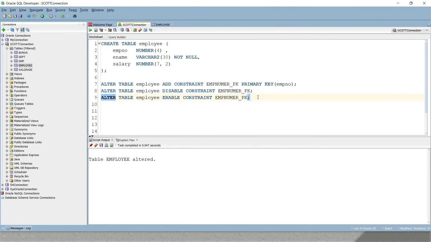If you want to delete any constraint, not only a primary key, then you have the command ALTER TABLE, the table name, then DROP PRIMARY KEY, and the existing primary key you can drop. So guys, I have covered almost everything regarding the primary key. Apart from that, there is a key point: if you create a primary key on any column, then Oracle or any database creates an index internally, which helps us search data within that table quickly. So these are key points you always have to keep in mind.